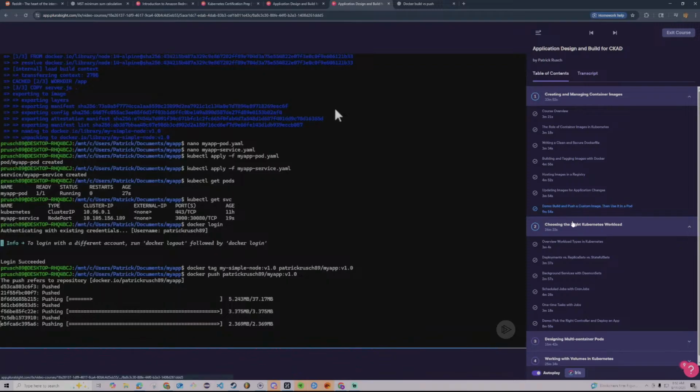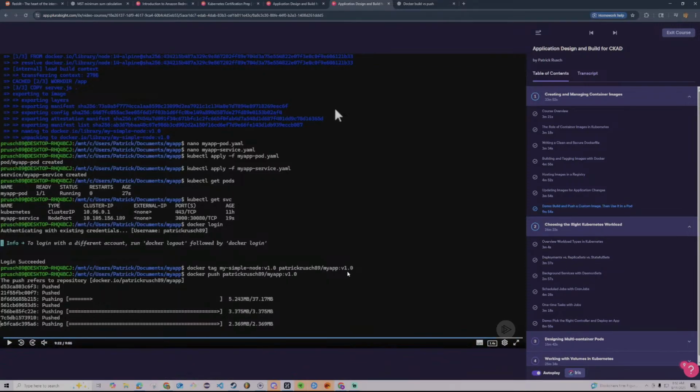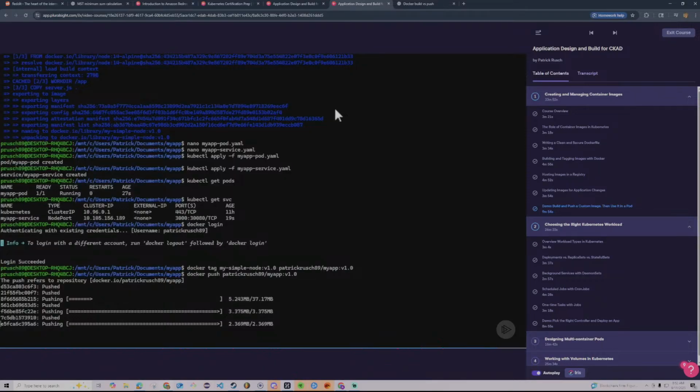And then after this, we have choosing the right Kubernetes workload. We have deployments. Deployments allow you to specify the number of nodes. A replica set does that, but you have a fixed number of sets. And then a stateful set is what you use if you need to hold on to something in memory, like if it uses a database. And then daemon sets are for if you need to have